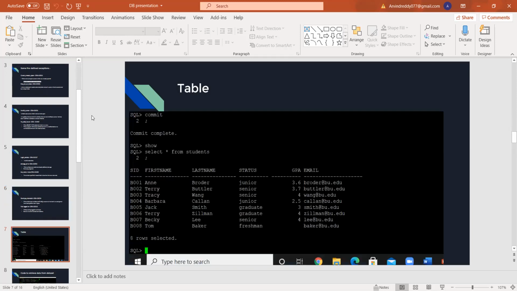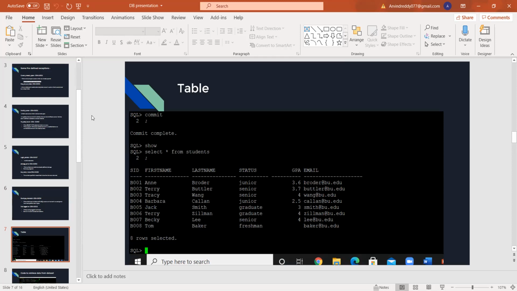And let me show some examples. This is the table I have created in the database. The data set table has 6 columns and 8 rows.